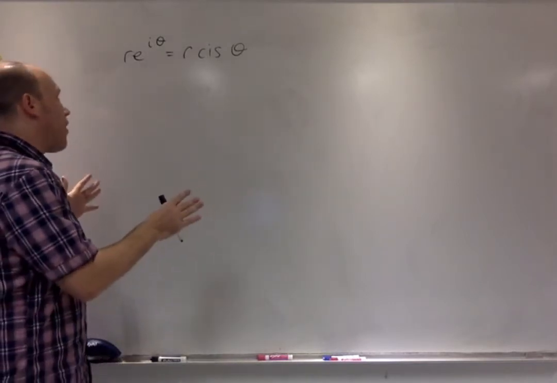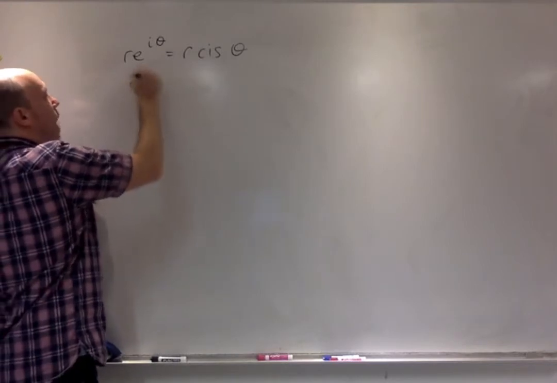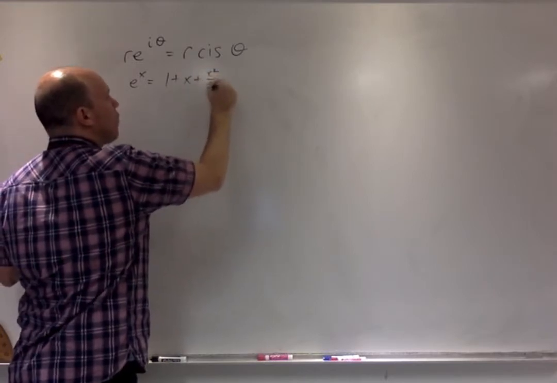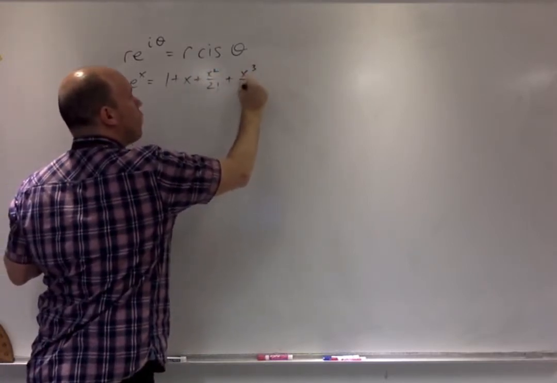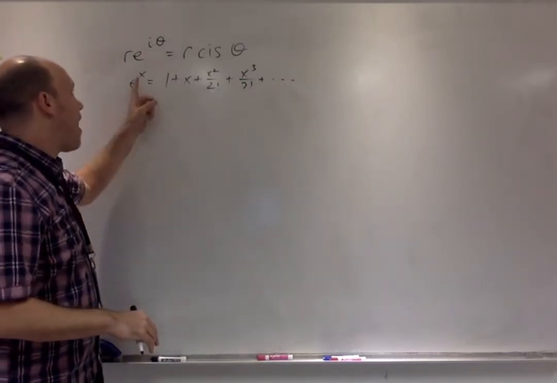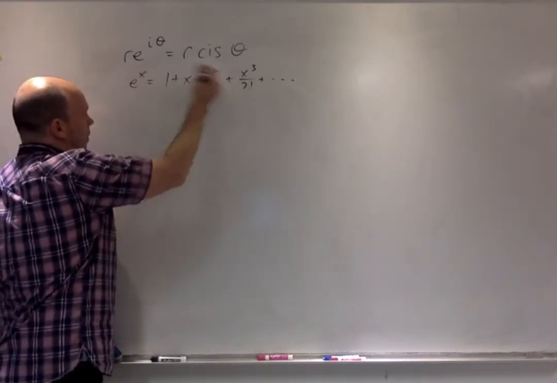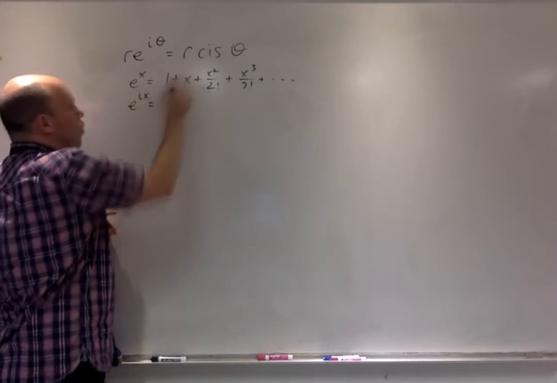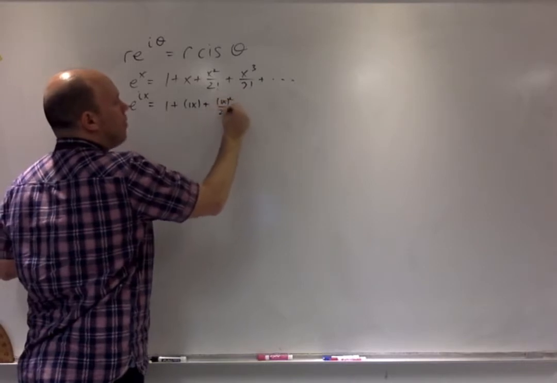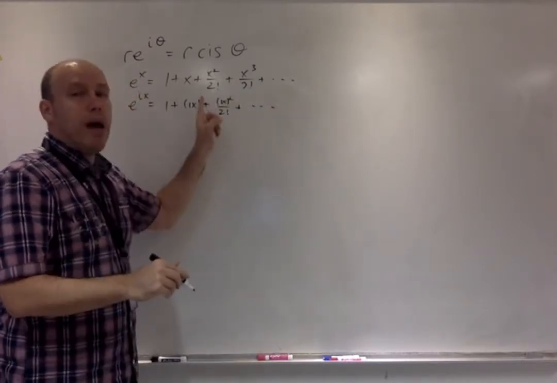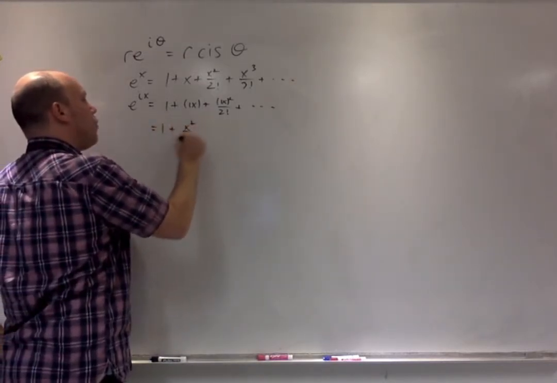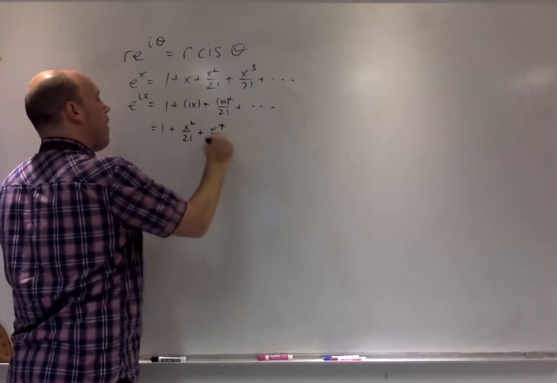So what we're going to discover is that e to the x can be represented as 1 plus x plus x squared over 2 factorial plus x cubed over 3 factorial. But we can't get to that yet. The idea is that if you take x and replace it with ix, and you plug all the i's in there, you don't need to write this down, it turns out when you square the i's and manipulate this, you get 1 plus x squared over 2 factorial plus x to the 4th over 4 factorial plus,